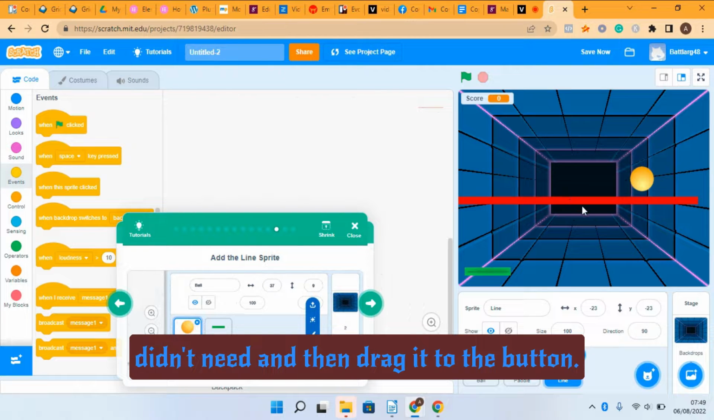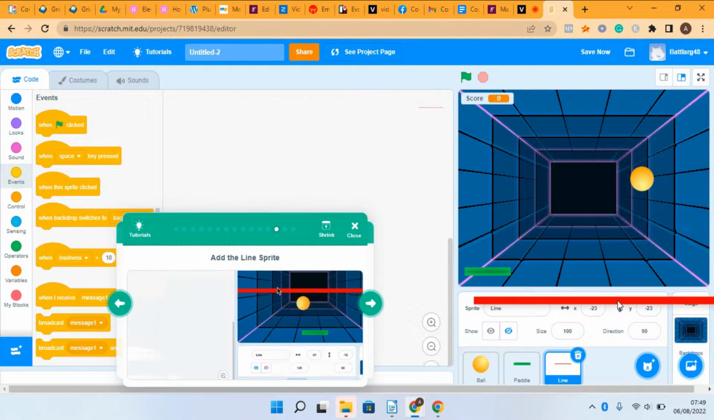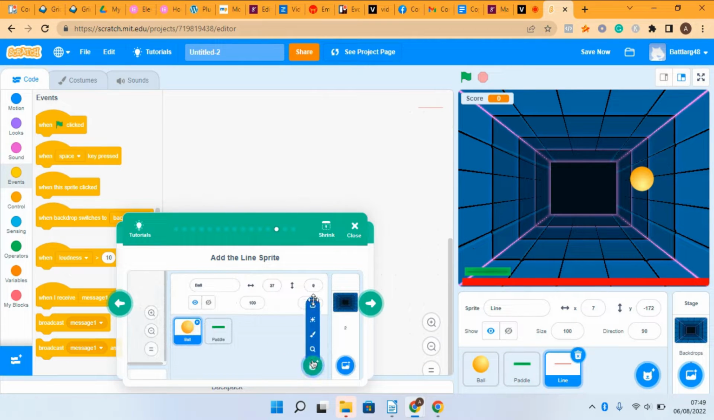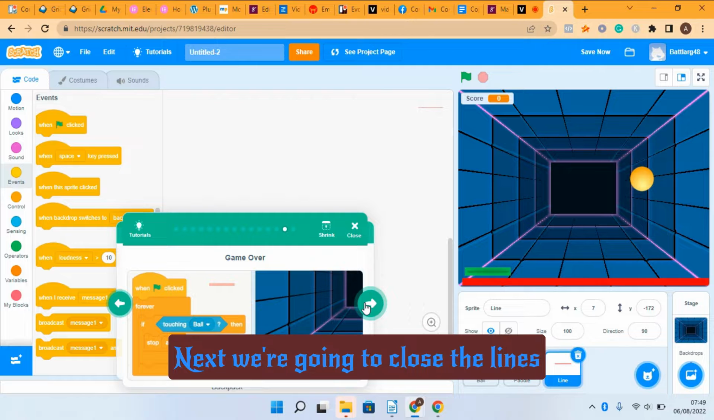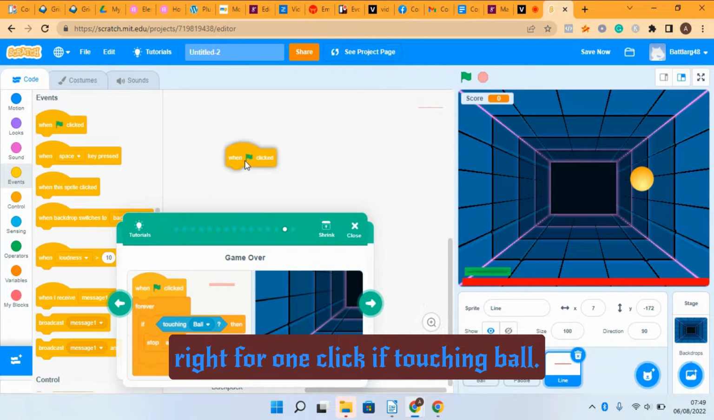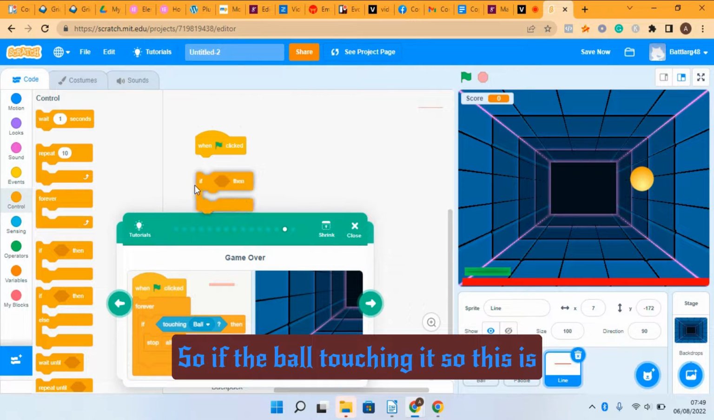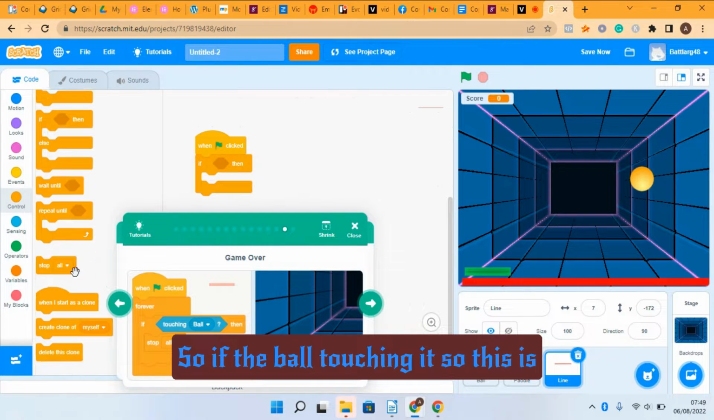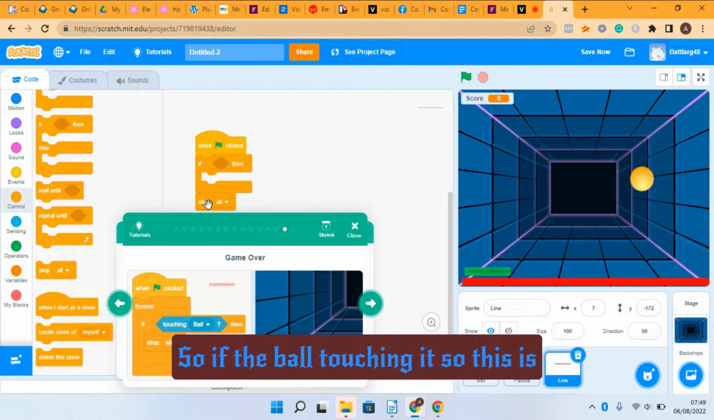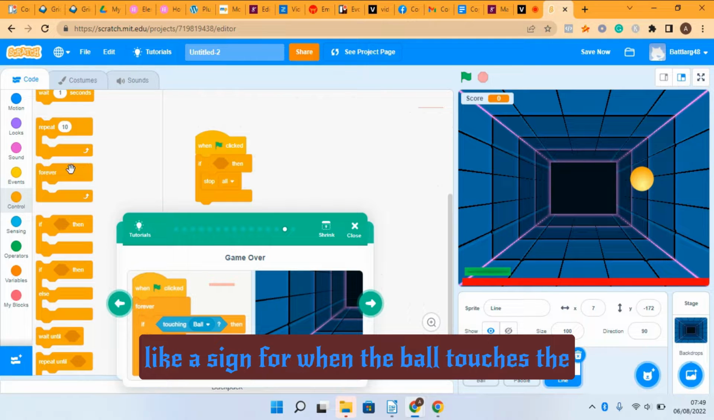And then drag it to the bottom. Next, we're going to code the line sprite for when clicked, if touching ball. So if the ball is touching it, then stop all. This is like a sign for when the ball touches. So when the ball touches the line,